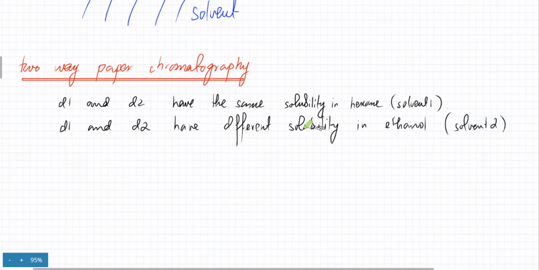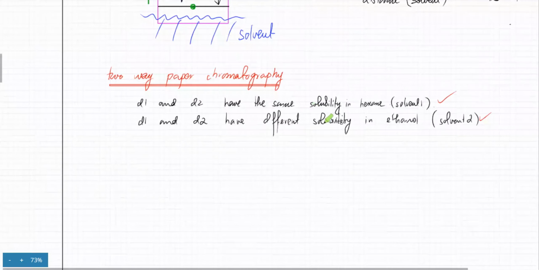So the point I was trying to make was, if I want to separate dye 1 and dye 2, then using one solvent would not guarantee that they are separated, because there's a very good probability they might be soluble equally, and they would travel the same distance. So you have to use multiple solvents. If I do a chromatography using multiple solvents, then that would ensure that the dyes are getting separated. Okay, is this point clear? Sarah, is this clear?